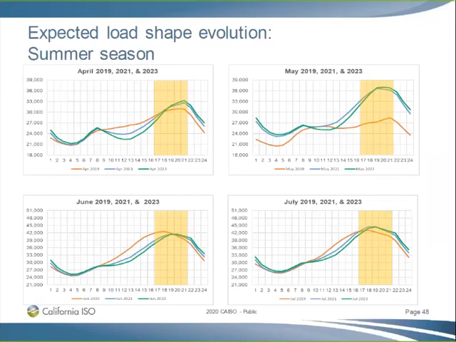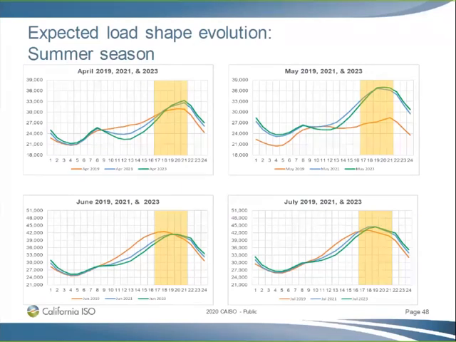That's basically because we had a very cool and wet April and May of 2019, which impacted the load shape there. The main takeaway from these is that we see the CEC forecast is shifting peak a little bit later, so we're keeping an eye on this. But we have kept the availability assessment hours the same, 17 through 21, because we want to keep the hours mainly for after the sun starts to go down and we lose the solar generation we have.